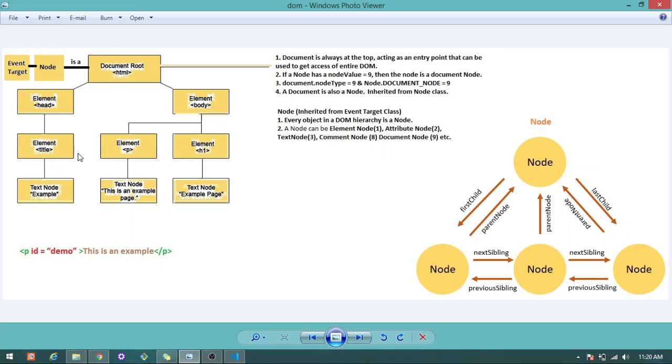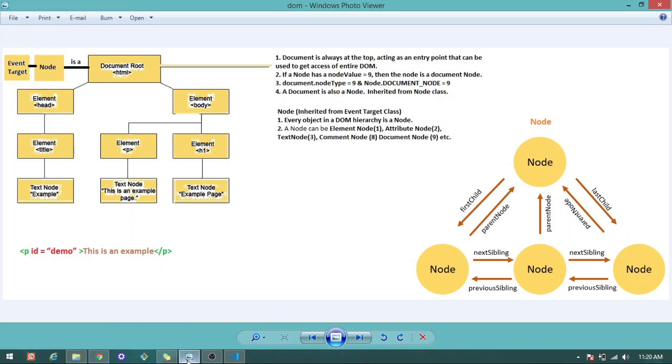This document object gives JavaScript the power to access, manipulate, give interactive features, and a lot more. So, guys, this was a brief about the document object model.